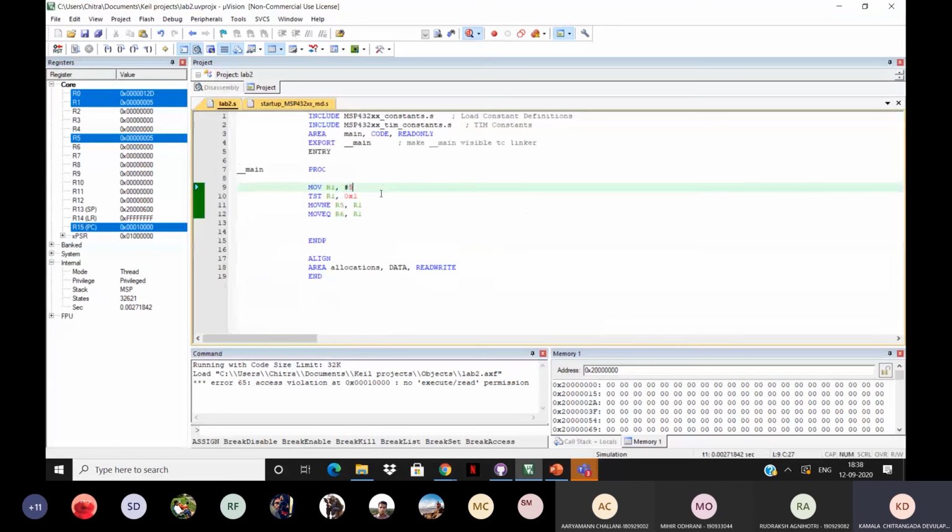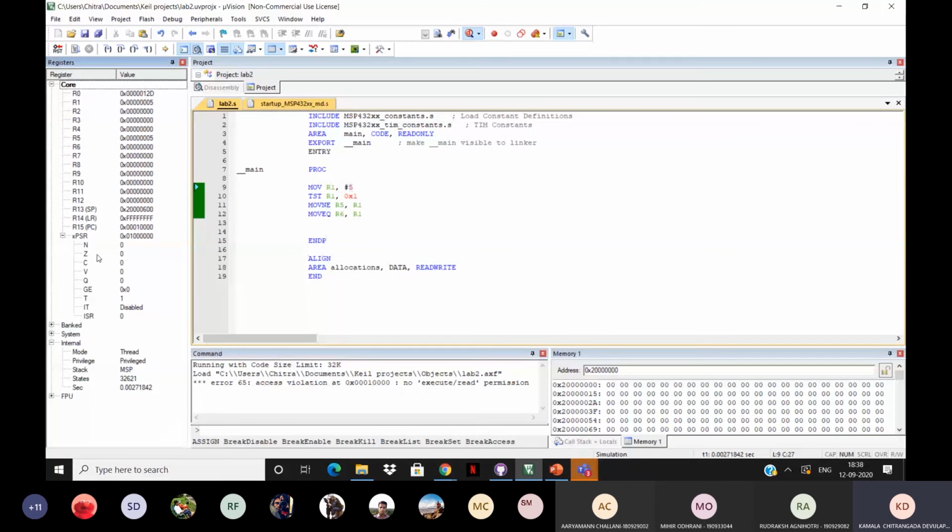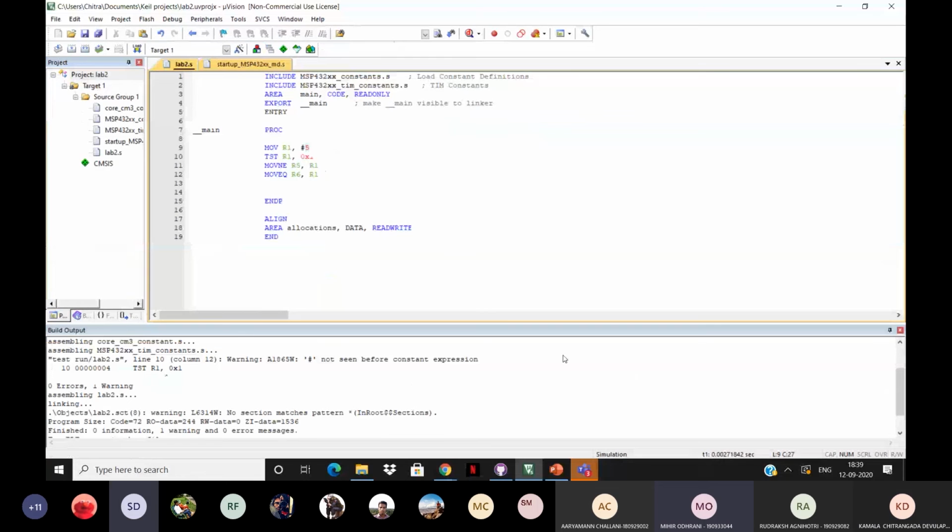So here, the value 5 went into my register R5 because my condition is if not equal, then move R1 to R5. And like you can see here, the zero flag is not up because it's an odd number. And my AND does not give 0 anymore as the result. Is this clear, guys? Yeah. If it's 0, then it goes into R6, right? If it's 0, it goes, yeah, correct.